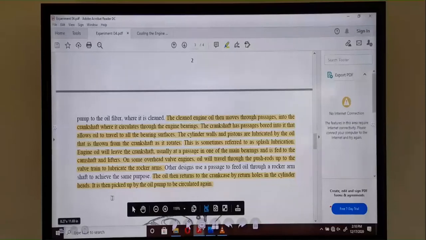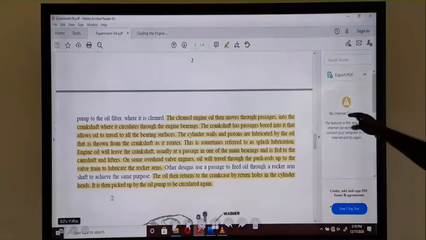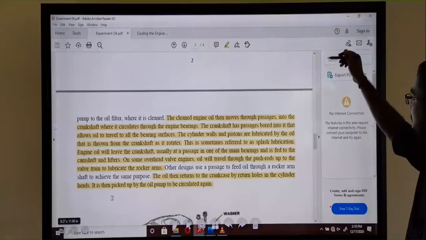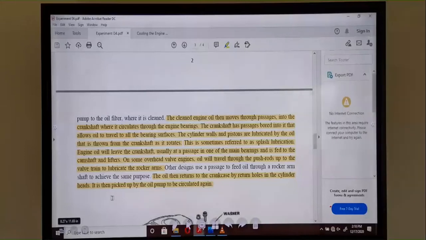So that's also then the valve arrangement, the camshaft lifters, some overhead valves. The overhead valves I told you are in the camshaft on the downside, so that valve is connected by a long push rod. Okay, so there are some bearings on the push rods that are also lubricated, because of those oil passages. Okay, look. And then it returns to the crankshaft by the return holes in the cylinder. It is then picked up by the oil pump to circulate again. Okay, so it recirculates. This continuously circulates until the new oil needs to be changed.